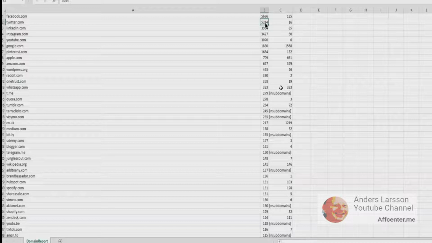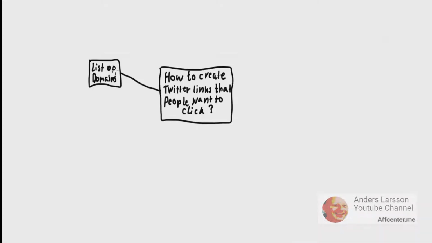So basically this column is the number of external links from all the websites in total that my engine crawled, and in this column we can see the number of subdomains. Alright, so we have a list of domains, and it gives me a lot of video content for my future videos.